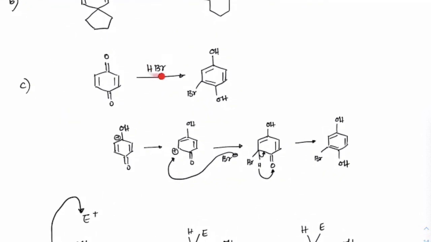This last one is a very interesting case. In case we have HBr, first the lone pair will attack on H plus, it will become this. Got it? Now check out here, this is what you will get, and then you rearrange it, you will get a positive charge here. But once you get a positive charge here, there is no group from here to migrate, correct? So whatever nucleophile is present in the solution, that will attack. Br minus is present, it will attack. So Br minus comes here, right?